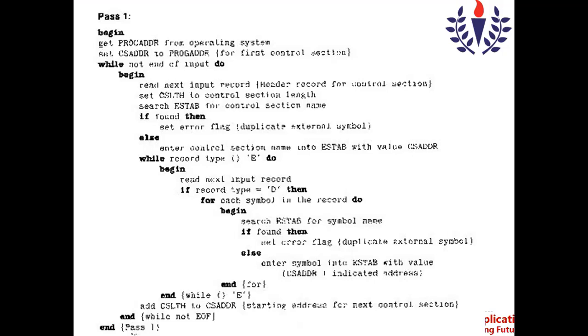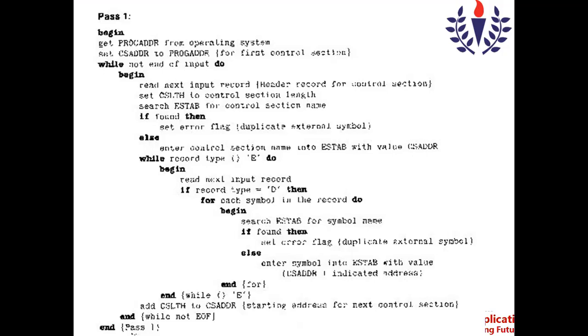The starting address of the control section is given in CSADDR, that is 4000. So 4000 plus 0040 gives you 4040. This is the actual address of LISTA.